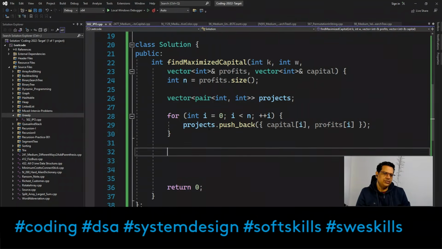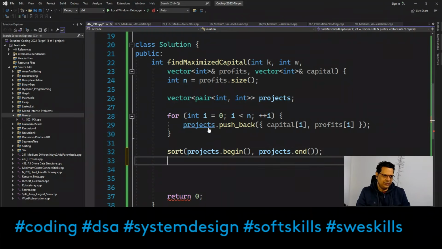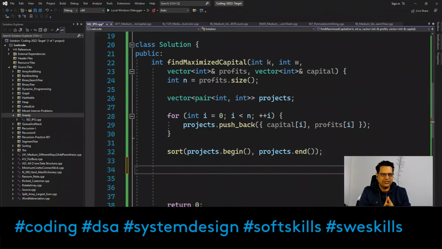Now after that, what you do here, you have to just sort it, right? You have to just sort your projects, projects dot begin, and then projects dot end. So you did the sorting now. Until now you are able to manage your projects sorted based on capital value. Perfect. Now the next thing is how to manage your profit as some data structure, so that every time during